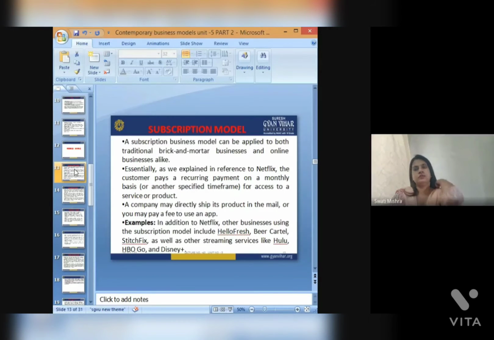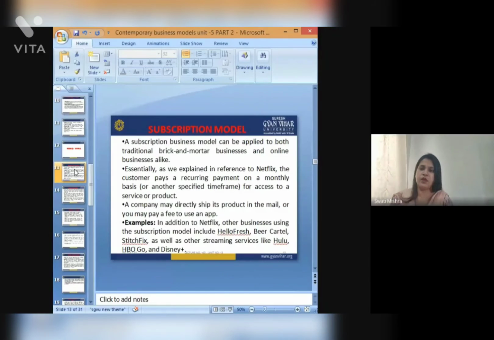So the first business model that I want to discuss with you is the subscription model. A subscription business model can be applied to both traditional brick and mortar businesses as well as online businesses alike. Essentially, as we explained in reference to Netflix, which I just spoke to you about, what is the customer doing here? The customer is actually paying a recurring payment, like monthly fees or subscription fees annually or monthly or